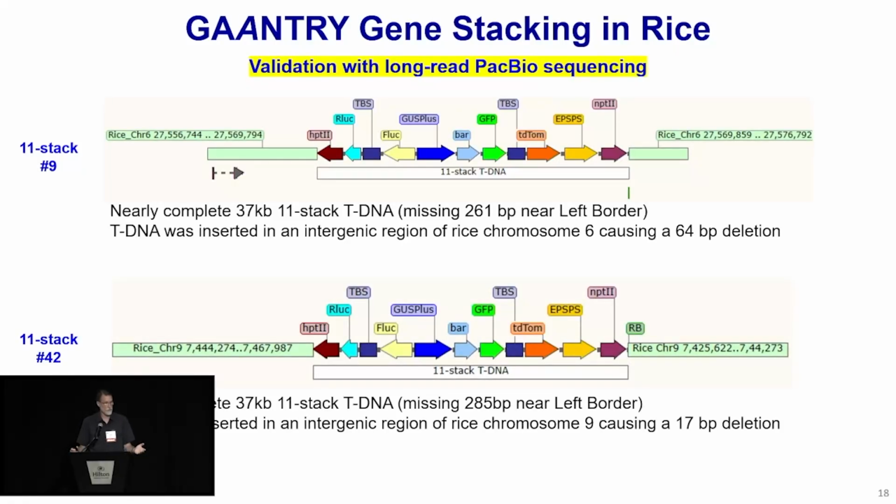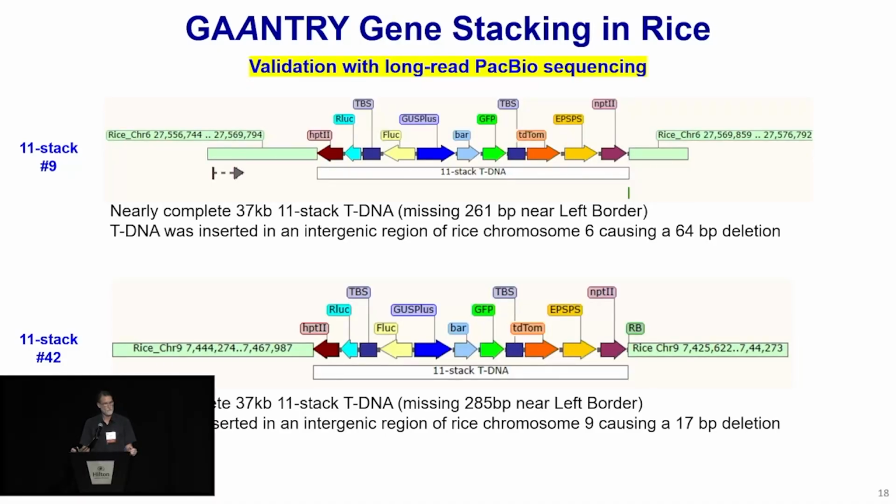It was a similar story for event number 42. Again, it had an almost complete tDNA. It was missing 285 base pairs near the left border. It was also inserted in an intergenic region, this time in chromosome 9, with a very small deletion from the genome, 17 base pairs. So both of these events have been validated with long-read sequencing to be high-quality events based